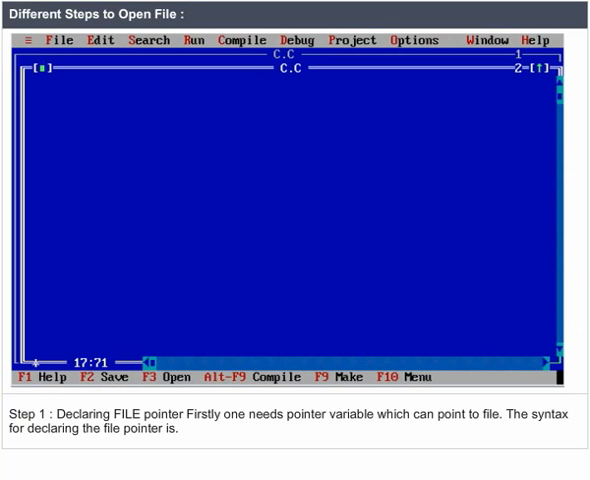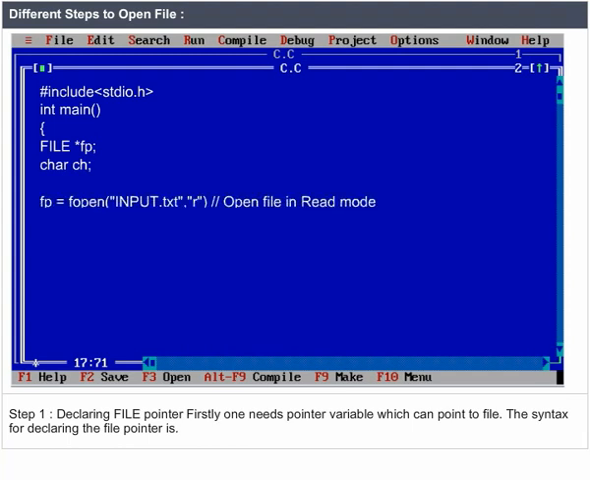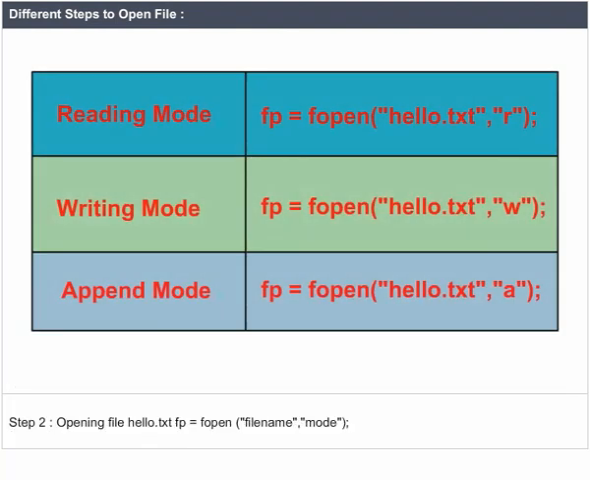Different steps to open a file. Step 1: Declaring file pointer. Firstly, one needs a pointer variable which can point to the file. The syntax for declaring the file pointer is: FILE *fp; Step 2: Opening file hello.txt. fp = fopen("hello.txt", "mode");